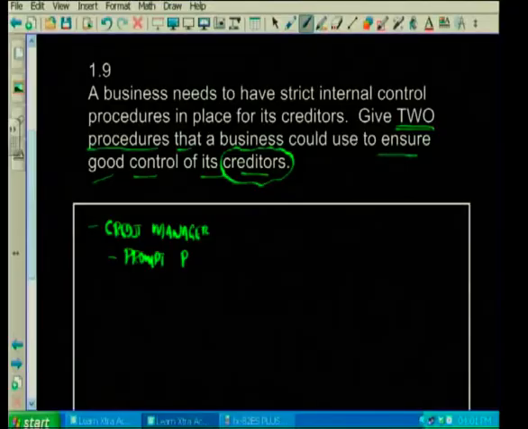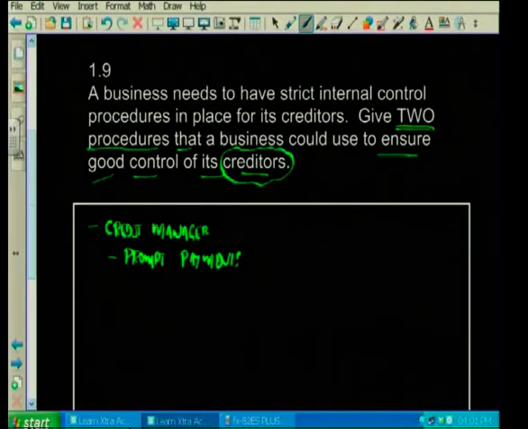What would they check on? They would check on prompt payments. Are we paying our accounts on time? Are we making prompt payments to our creditors? Why? Because if we are not doing this, there's a possibility that we will have a bad reputation with our creditors. Number 2, you could also be charged interest on your overdue accounts, right? So all of these considerations you have to take into account when you are working with your creditors. What else could there be?